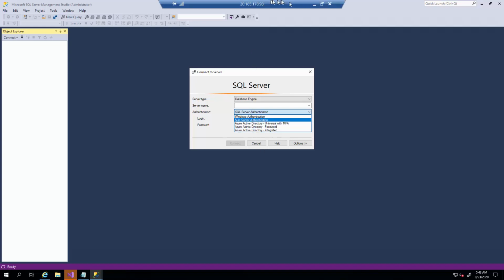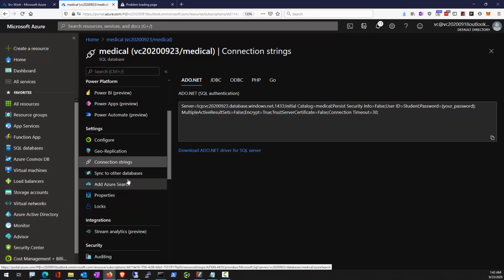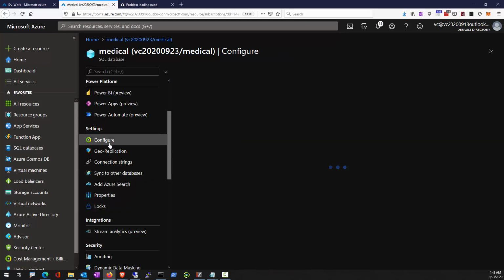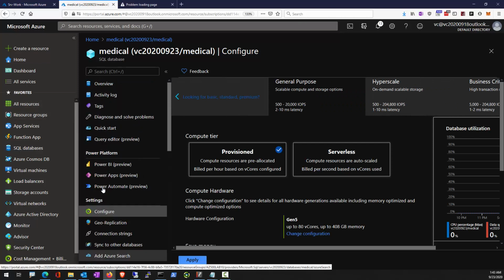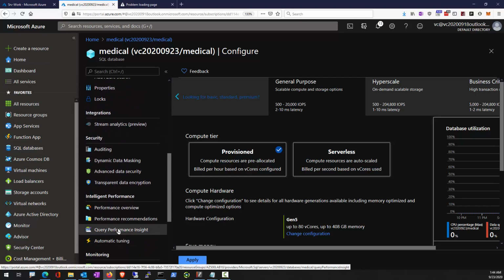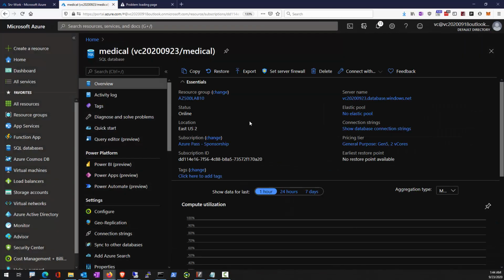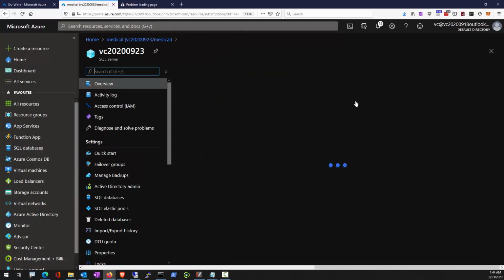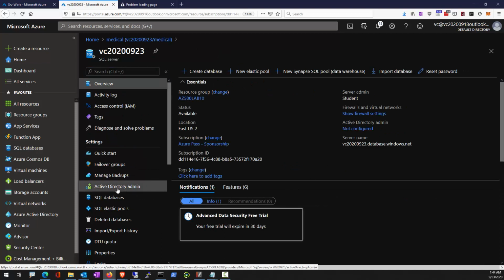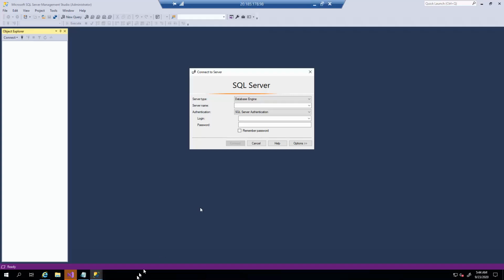Now you have to make sure your database is configured to accept Azure AD admins. That should be on the server settings. So go to overview and click on the server name. You're going to have to set an Azure Active Directory admin before you can try to connect to the database using your Azure AD credential. Now we'll skip that in this lab. We have hard-coded